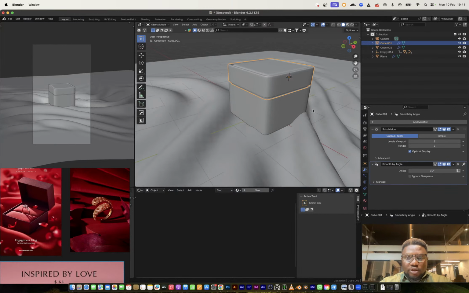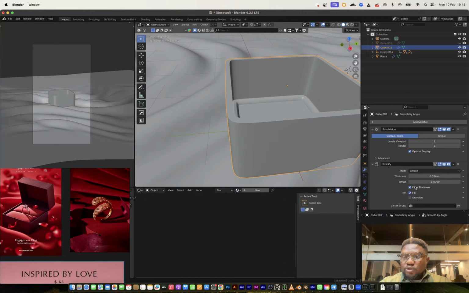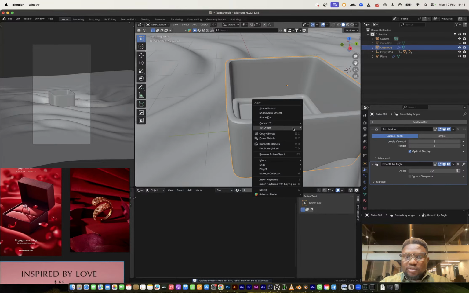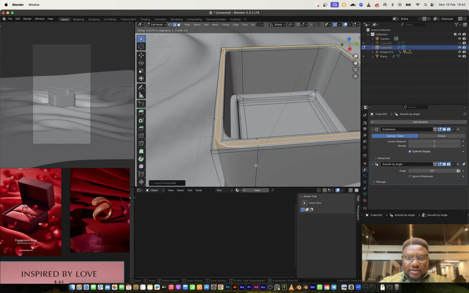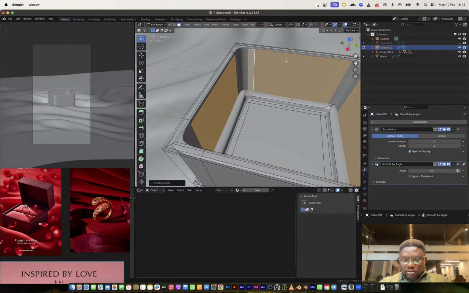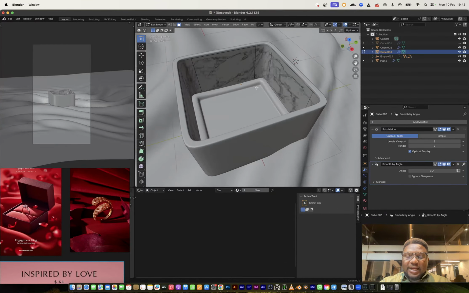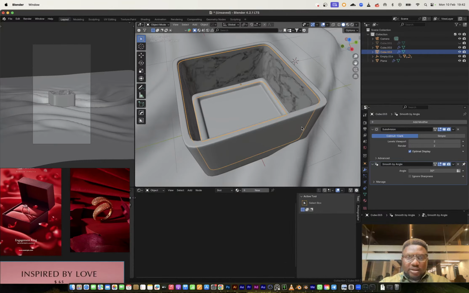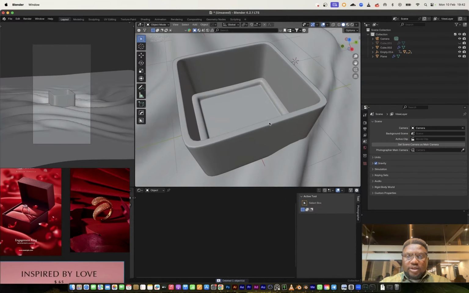So this is cool. I'm going to hide this part, and I want to make this even thickness and apply that solidify. So I know that I can set this to this edge, select this face, duplicate P, and then I can select this. So what I can do now with this is probably select all, and I will extrude. I want to extrude along normal. No, let's not do that.